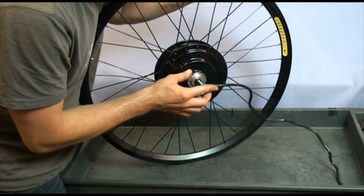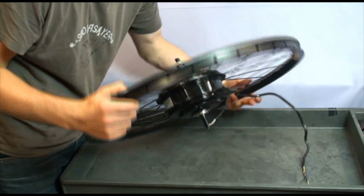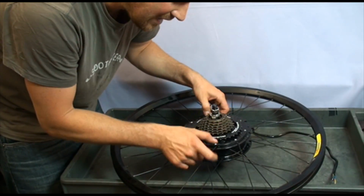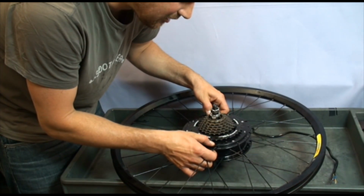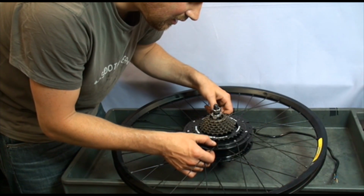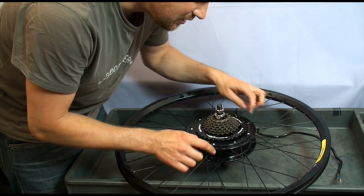Now again, bend the wire, prevent damaging it. It's best to rotate the cover about half a turn to have the sealant evenly spread on the surface of the hub and the cover. Now align the